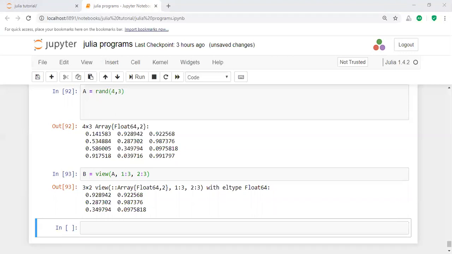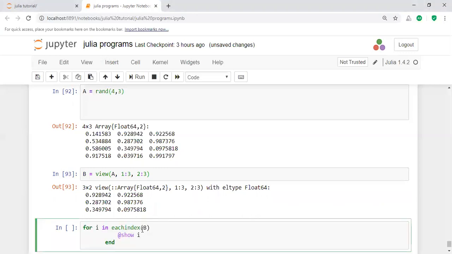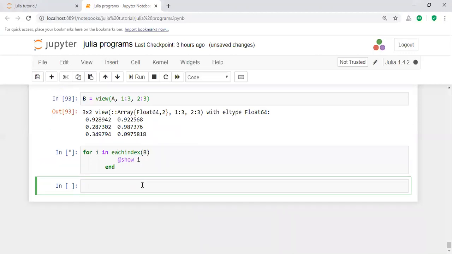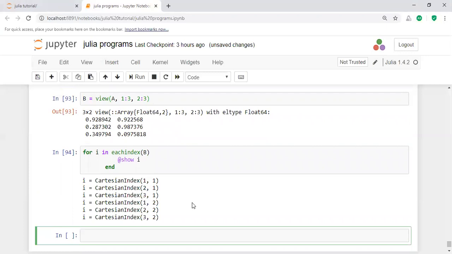Here I am applying the for loop: for i in each index of b, show i, ending with a semicolon. If you execute this, the result is like this: Cartesian index 1 comma 1, Cartesian index 2 comma 1, Cartesian index. In this way, you will execute over the array elements.